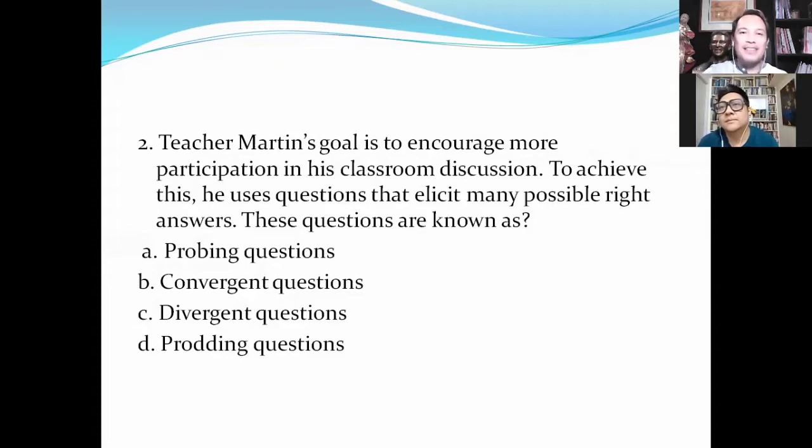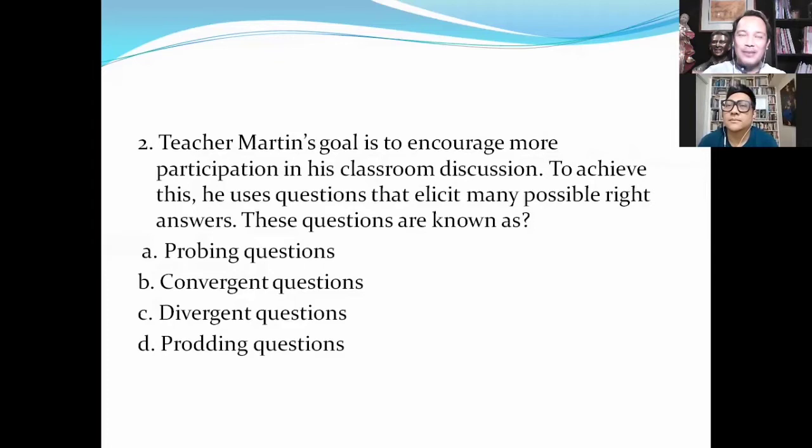For example, sabi ng teacher, what are the different ways of conserving water? Marami ang mga paraan para mag-conserve ng water. That kind of question is divergent. Yung probing naman, yung letter A, when you say probing, is yung teacher are trying to dig deeper.